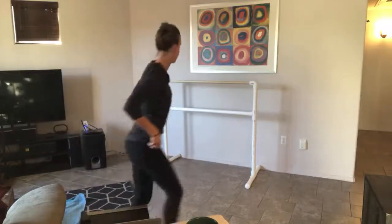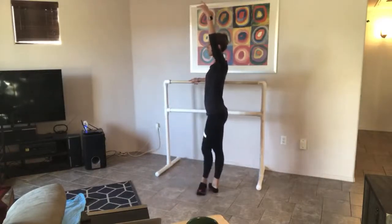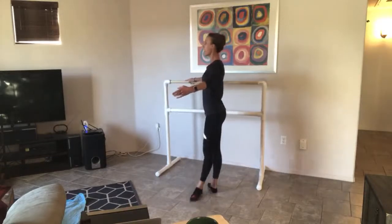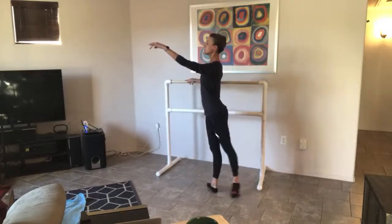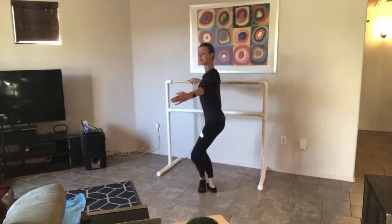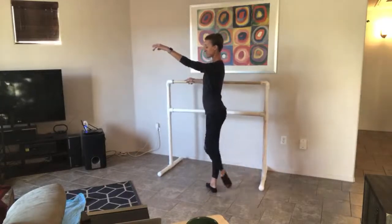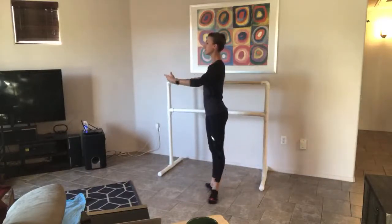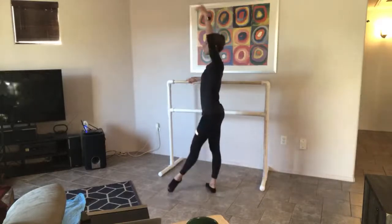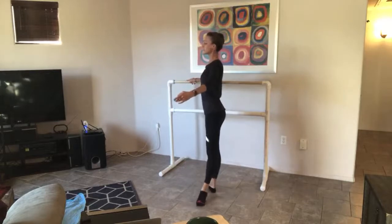Yeah, here we go. Using the port de bras, one, straight, and fifth, pas de cheval, enveloppe, to the side, and in, pas de cheval out, and in, to the back, pas de cheval out, enveloppe in, and first plie, and first plie from the back. To the side. To the front. And fifth, pas de cheval out, enveloppe in, and first plie,